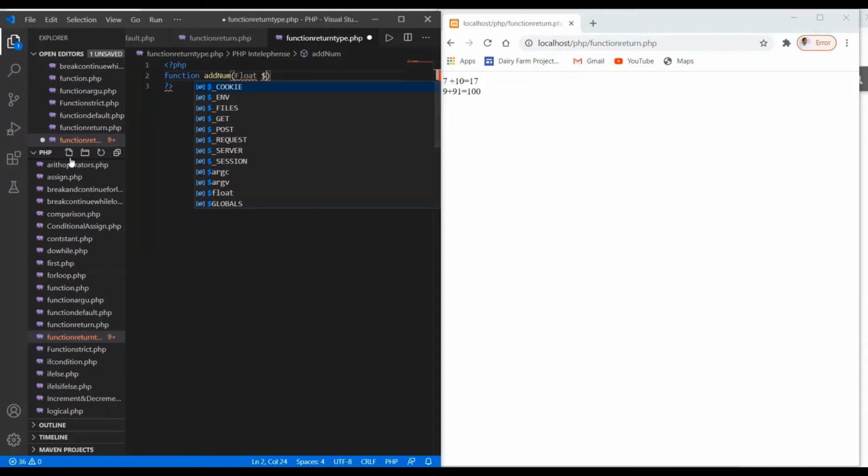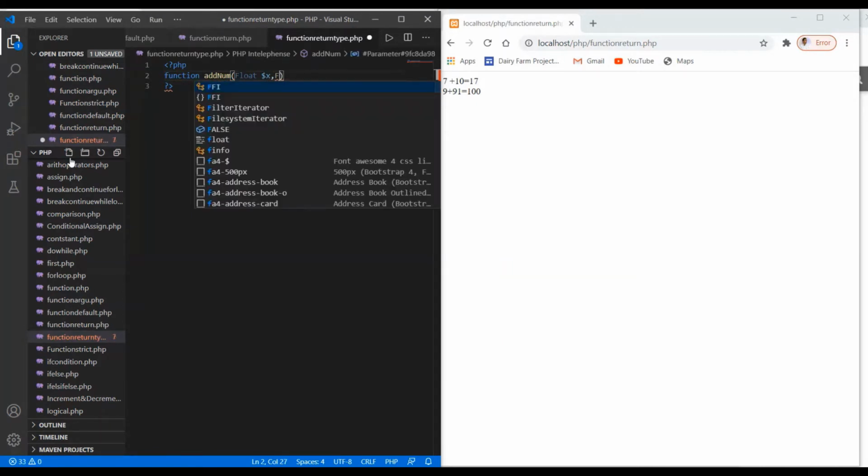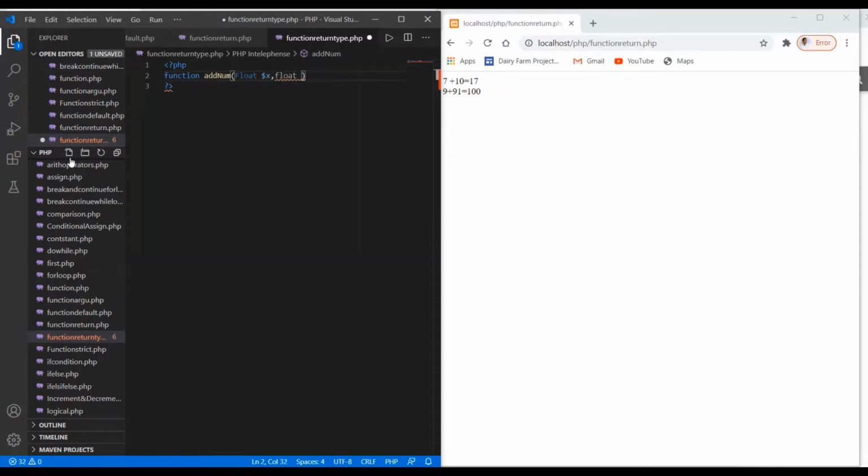I'm declaring variable x, comma, then another variable of type float, variable y. Here I'm going to write the body, using the return keyword, and it will return the sum of variable x plus variable y.